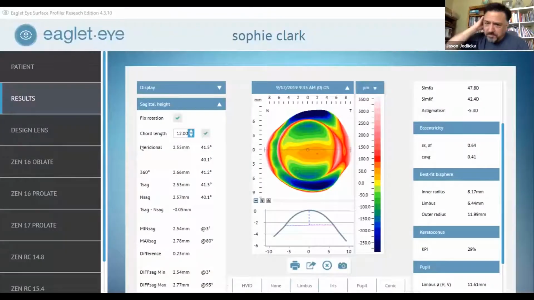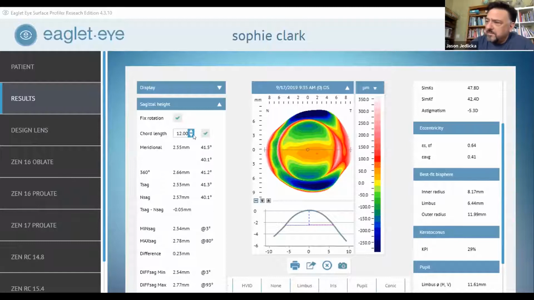So I have a couple different patients up here, and I just wanted to show you some differences. So this is a patient, and she's cool with you guys knowing her name because she's a long-term patient of mine. But she's been in sclerals now for about 4 years, and she just is a simple hyperopic astigmat. She's about a +6 -4. And if you look at her map, you can see how toric her cornea is. And if you actually look at the numbers, if you look at the minimum and maximum sag at a 12 millimeter chord, which is basically the end of her cornea, she's running about 230 microns of elevation difference at the limbus.